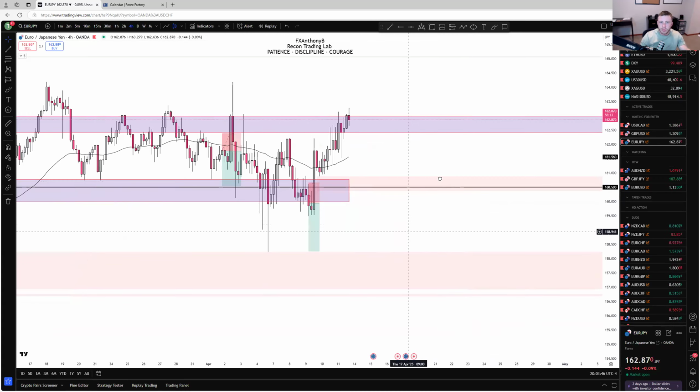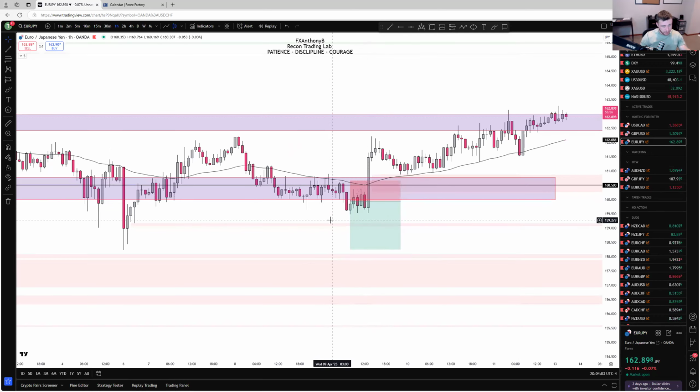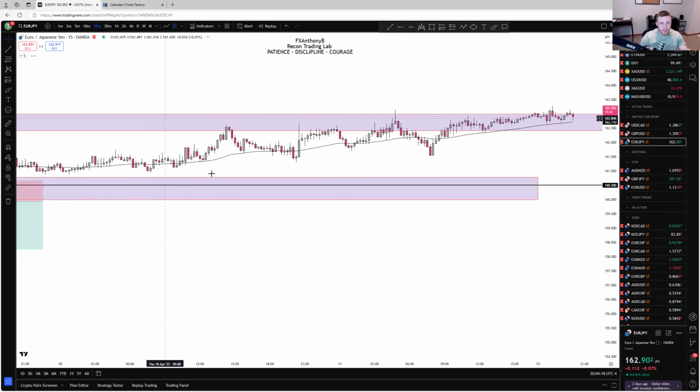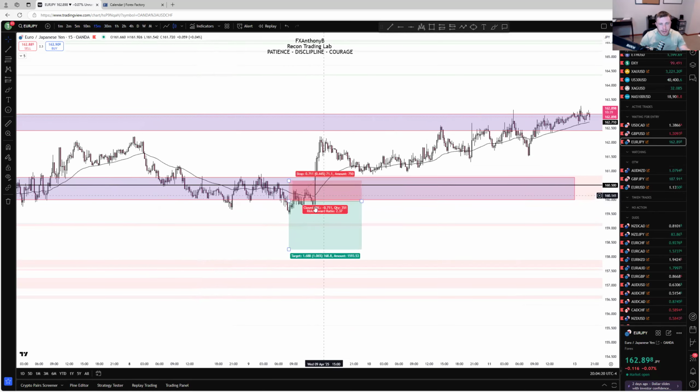Euro JPY, we had sells marked up from last week. We were looking and interested in taking these sells early on. We did get in actually and closed out at buy entry on these, as we noticed on the lower time frames, it was clear as day that the price action was flipping. And you see here, we went up, we got in, went into profit, came out, and we had a shift to structure, price action jumped below, and we got out as soon as we hit buy entry